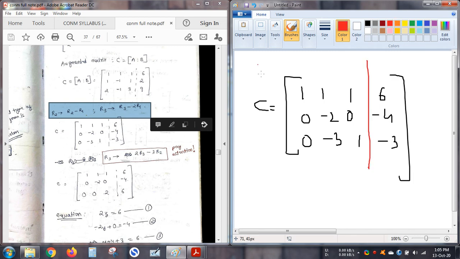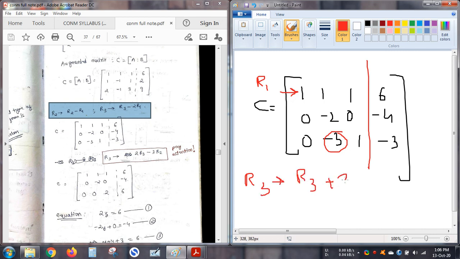Now my next target will be to make this term 0. ये इसको 0 बनाना है मुझे. Now in order to make this 0, you will not be considering R1. In the first case we use why? Suppose मेरे को इसको 0 बनाना है, तो this is already minus 3. So you can say, sir, why not I do R3 equals R3 plus 3 times R1. हाँ, if you do so, then you can make this R3 to be 0. But इसका क्या होगा? 3 times R1 is 3. ये 3 बन जाएगा. But I don't want that. I want it to remain 0.